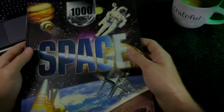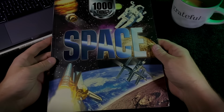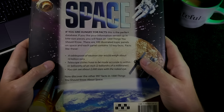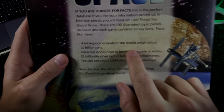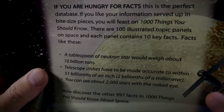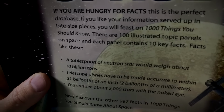if something in particular catches my interest. So, here's something to get our feet wet. A tablespoon of neutron star would weigh about 10 billion tons. 10 billion tons in a single tablespoon of neutron star,